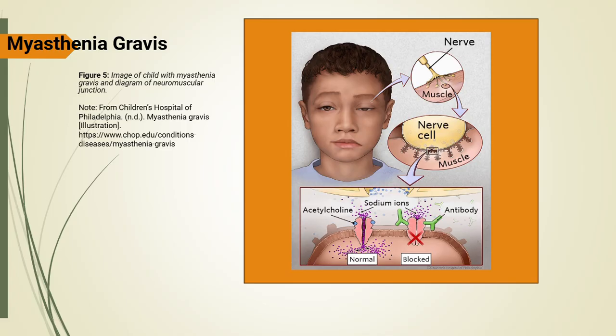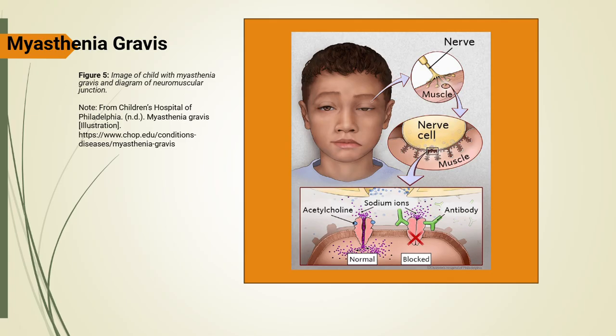This slide provides a visual representation of what happens in myasthenia gravis and helps us connect the physical symptoms we see with the underlying pathophysiology. These types of images help us review and retain important information. The picture of the child clearly shows ptosis, or drooping of the eyelid, which is one of the most common early signs of myasthenia gravis. This occurs because the muscles that lift the eyelids fatigue quickly when the acetylcholine receptors are damaged. In many patients, myasthenia gravis may start with ocular symptoms before progressing to affect facial, bulbar, limb, or respiratory muscles.